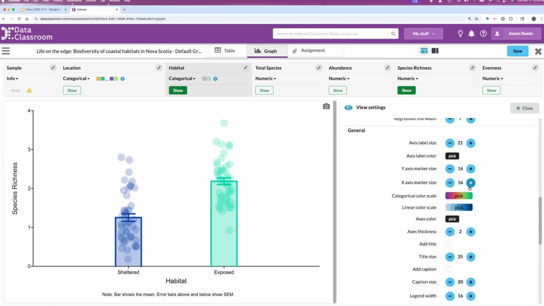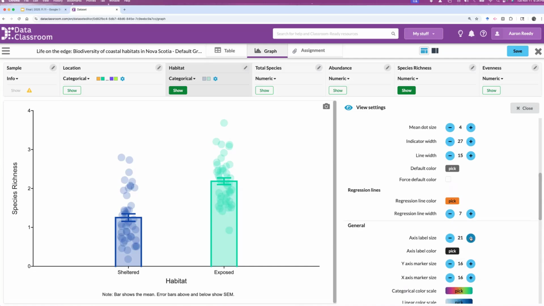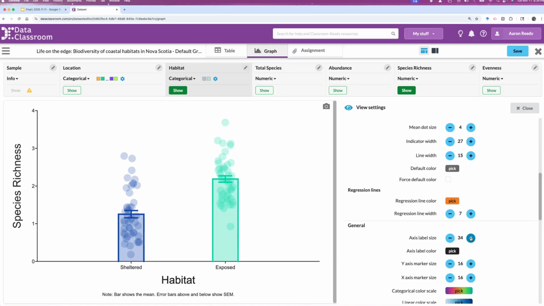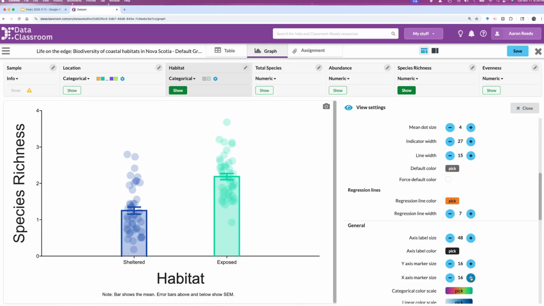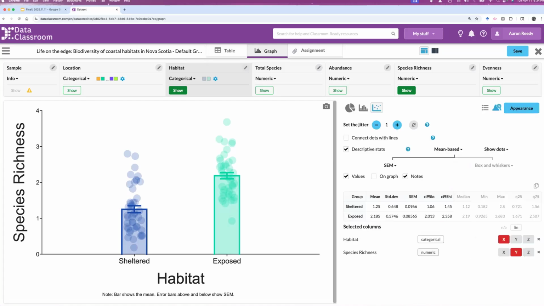Again, if you want people to read something, then you should make it very, very easy to read. So I'm gonna crank up my axis label size pretty large so we can see those. And then even the markers, the labels for the two treatments, I'm going to make those a bit larger, and maybe my numbers. The actual numbers are maybe the thing that aren't as important to make super big and super readable, because I think you want people to get the story more than you want them to get the actual values of species